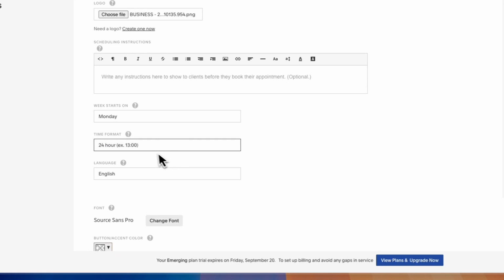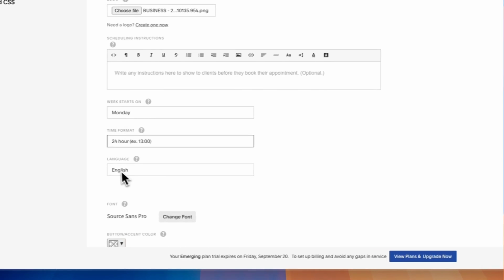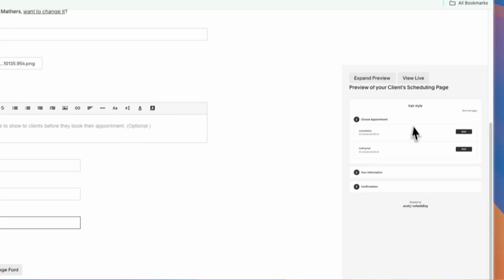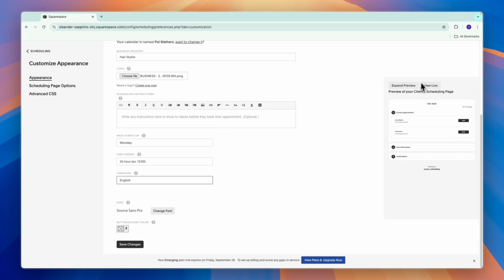I like this one better, but you can also pick AM, PM. Then for the language, just pick that right here. Now you can choose the font that is shown in your page. Now over at the right, you can see what it will look like, so you can click view live to